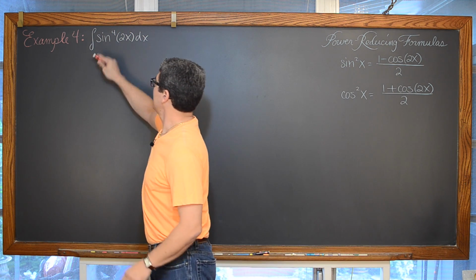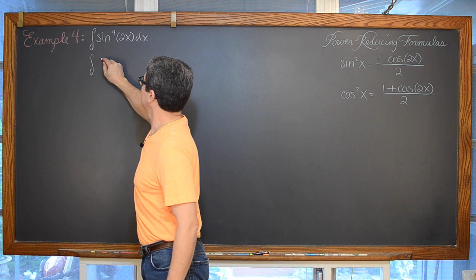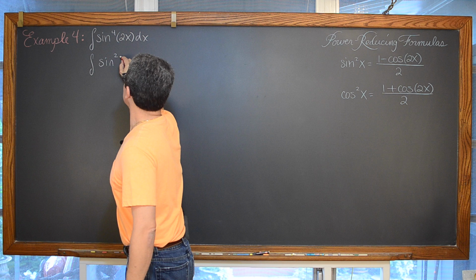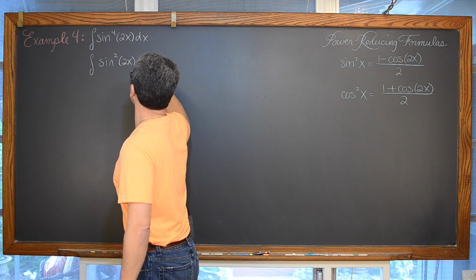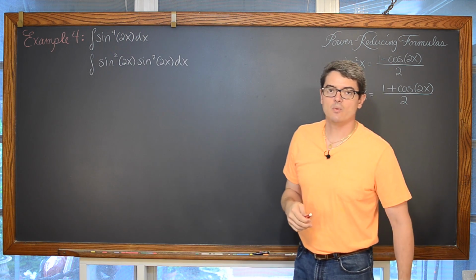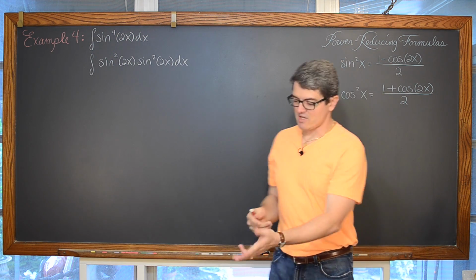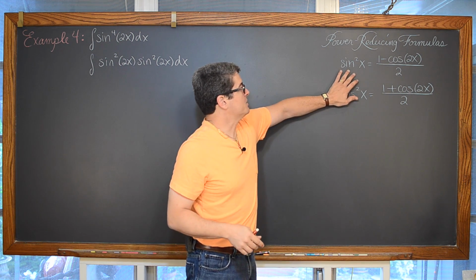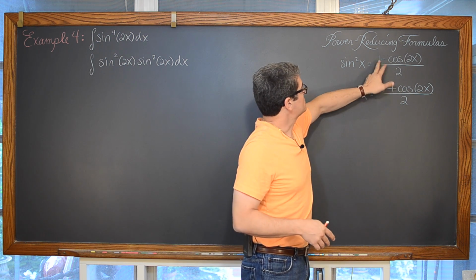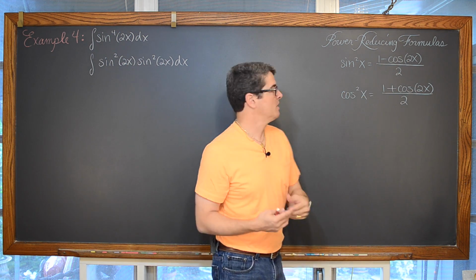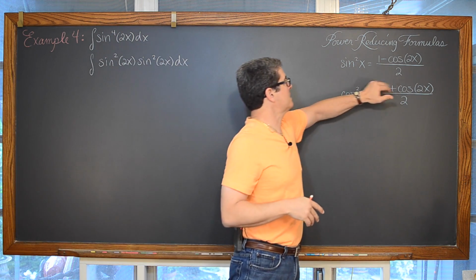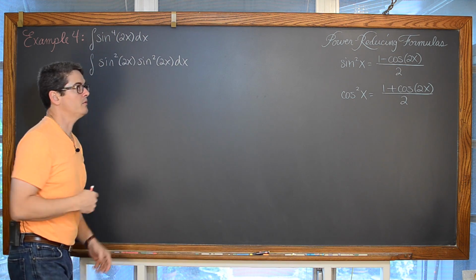So we're going to write this as the indefinite integral of the sine squared of 2x times the sine squared of 2x dx. You could also write that as the sine of 2x squared, raised to the second power, which actually is what I did in my notes. And then bring in this power reducing formula, writing sine squared of x to be 1 minus cosine of 2x over 2. Now, this is a single angle, and this is a double angle already. That doesn't make any difference. Whatever this angle is, just double it as you apply the power reducing formula.